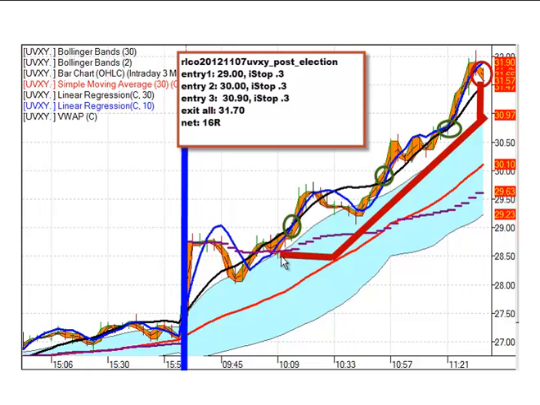The thick red line here represents our stop management throughout the course of the trade. The vertical blue line represents the start of the day when we began stalking this trade. The purple step function here is the 3-minute volume weighted average price, which shows the moving VWAP throughout the course